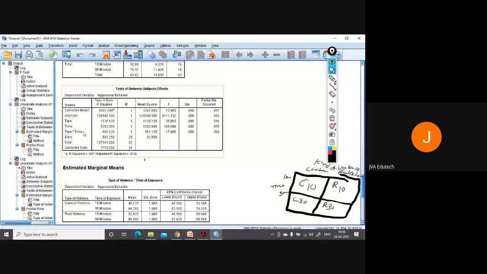Now here you can see the type into time interaction effect. This partial eta squared will also tell you about the effect size. You can see that there is a significant difference in all four cases: if a kid is exposed to cartoon violence for 10 minutes, real violence for 10 minutes, cartoon violence for 30 minutes, or real violence for 30 minutes.